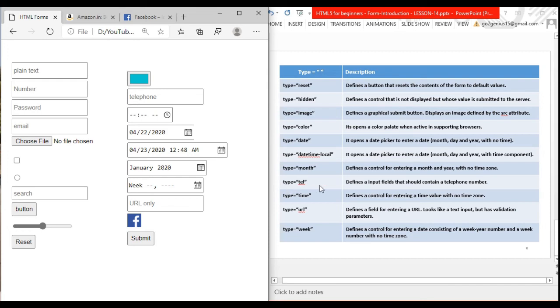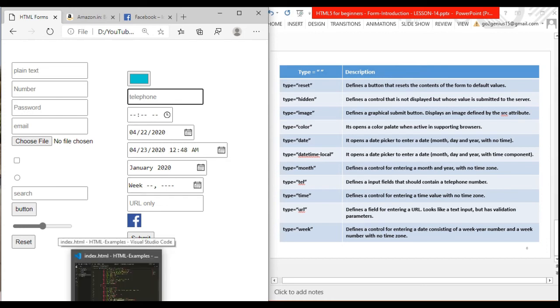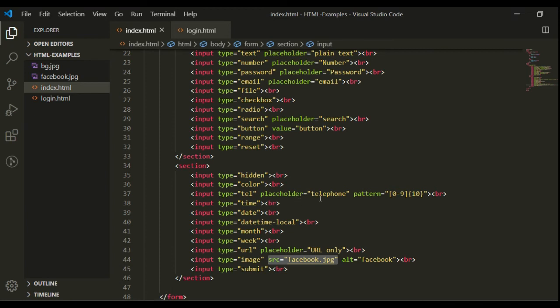And the next is telephone. It defines an input field that should contain our telephone number. For the telephone input, let's see the code. Here I have taken type telephone.